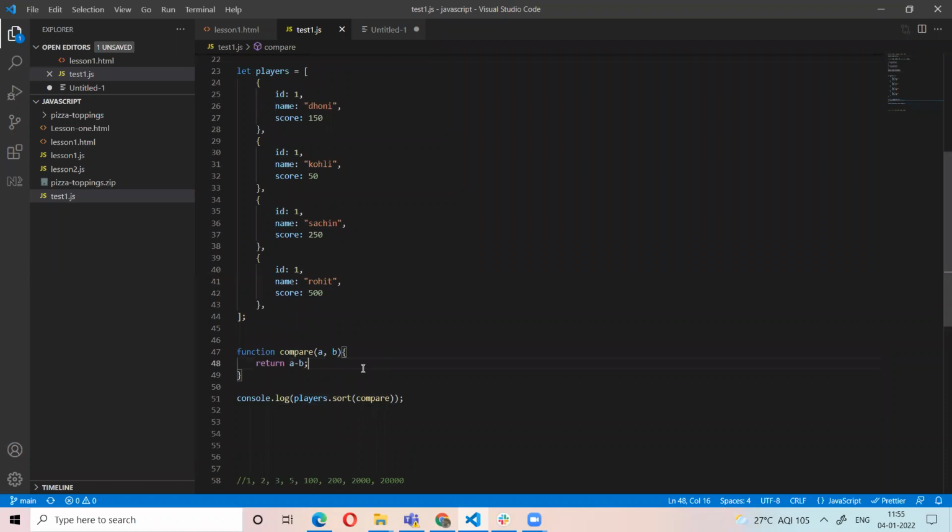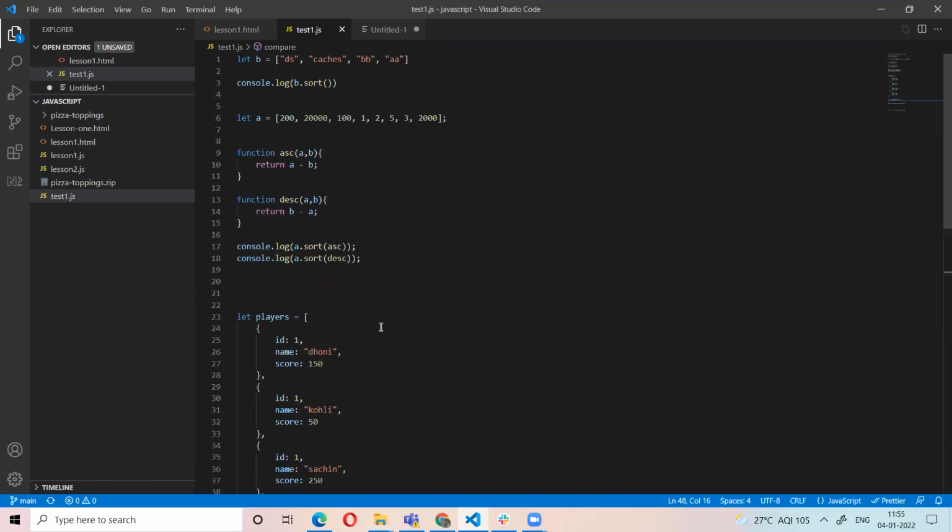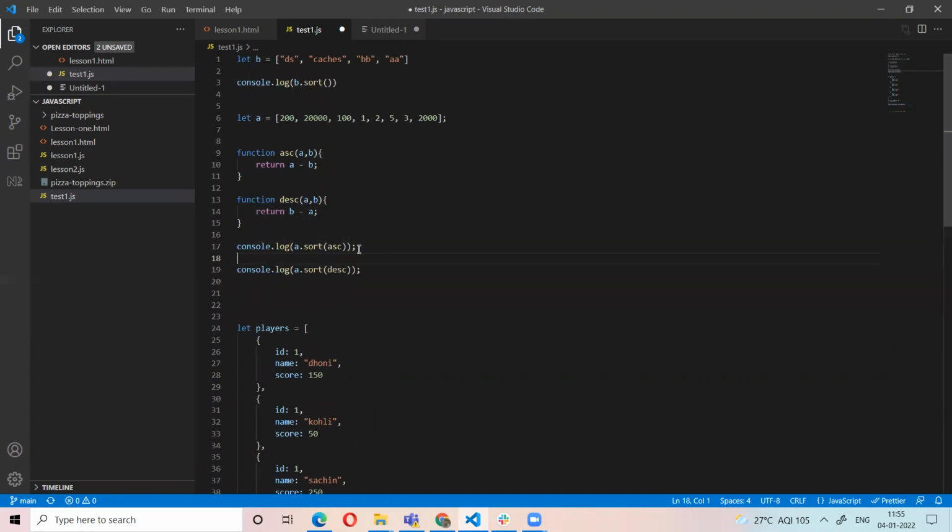For example, here, what is the first value a? In the first case, a is 200 and b is 2000. In the second case, 2000 and 1000, like that.